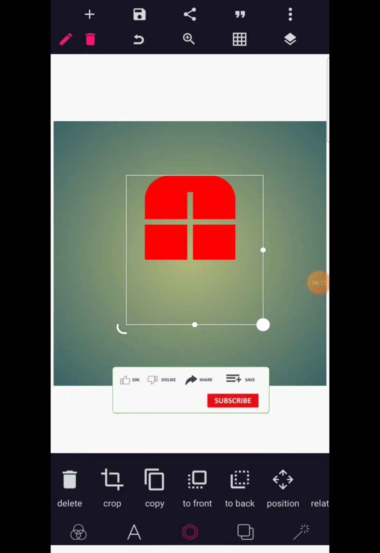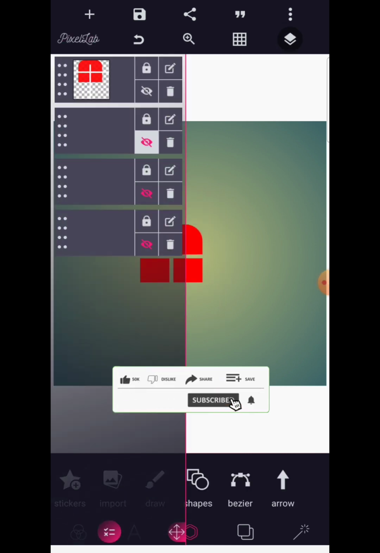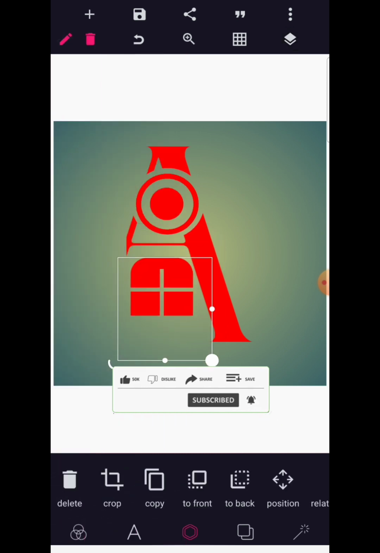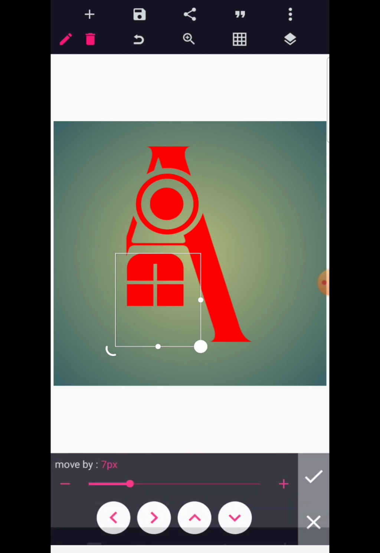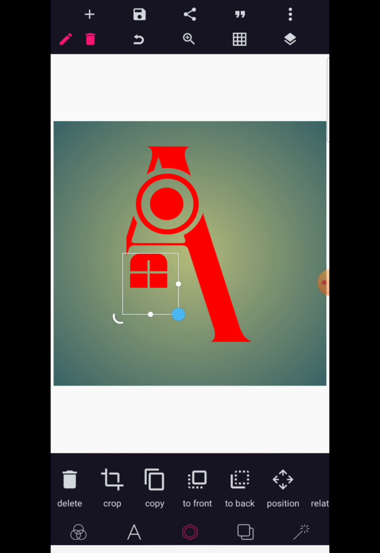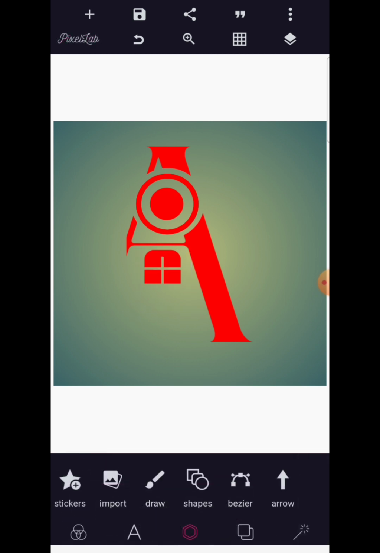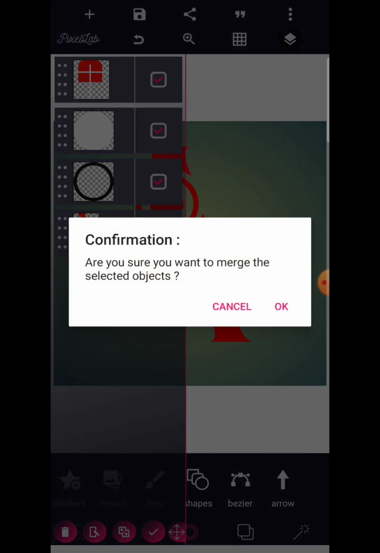Okay, so that is done. We're going to reduce this in size a bit, and we're going to go now and unhide the other elements. So neatly we're going to bring this down here and use the position button to do the adjustment. So we're going to minimize this, make it smaller, and we position it neatly like so. So we have done with all of this. You want to match everything up together,